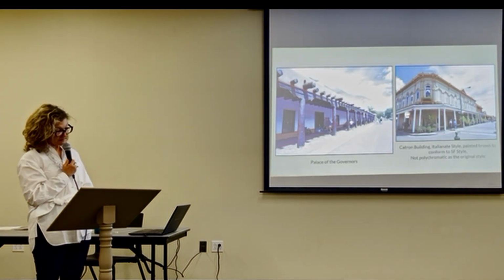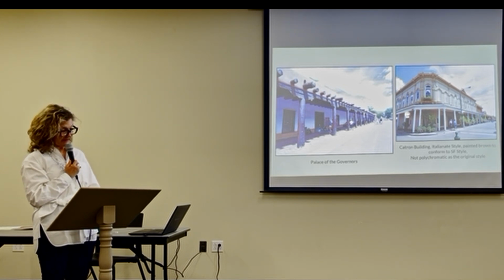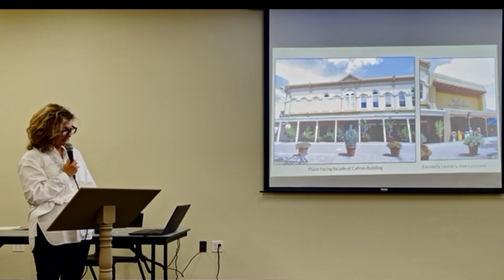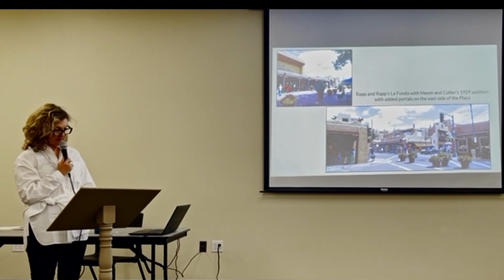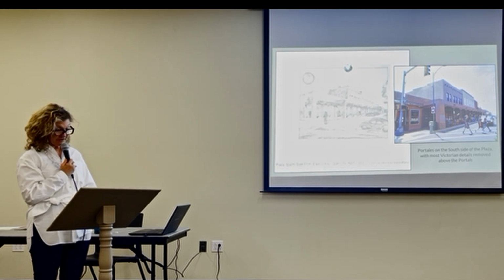We're sort of going to do a walk around the plaza as it is today. The Palace of the Governors on the left, the Catron Building, which is an Italianate architecture, now painted brown. Alongside the remodeled First National Bank building, and the La Fonda in the background, and the portals extend all the way around the plaza. This is Meem's sketch of what they